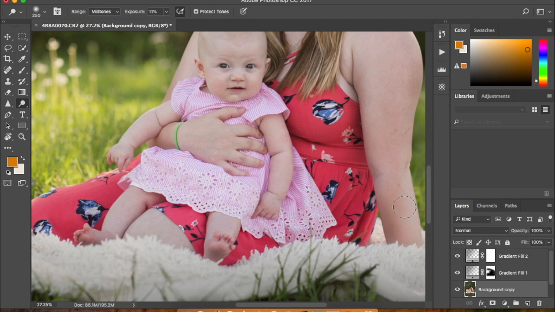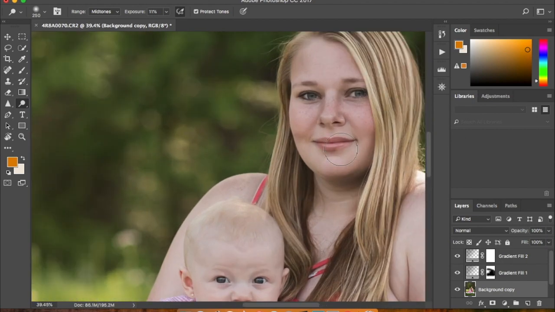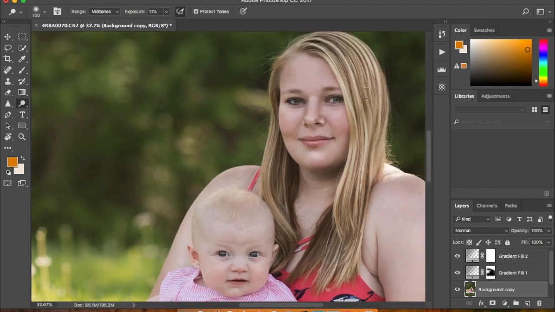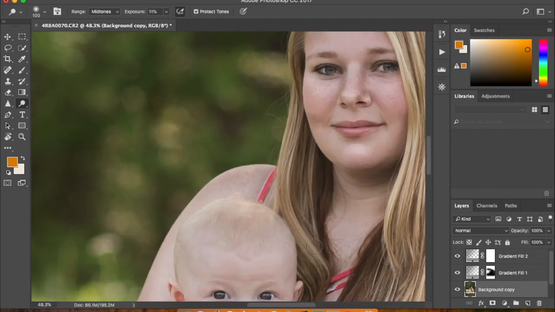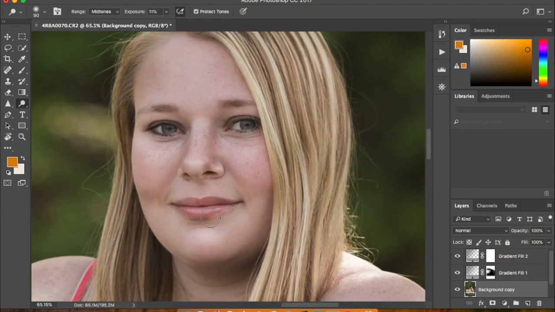So for example, on her forearm, right in the middle of her arm, tip of her chin, underneath the eyes, bridge of the nose, tip of the nose, part of the arm right there. You can also do the middle of the lip to give appearance of fuller lips. Definitely don't have to do this. I don't normally do this. I mean, I do sometimes, but not normally to clients. If I'm filming a video for the sake of the video, I will, just to show you the difference that it makes. But